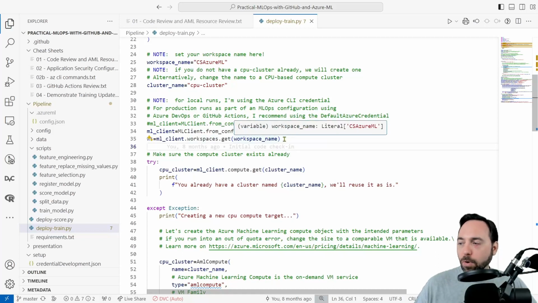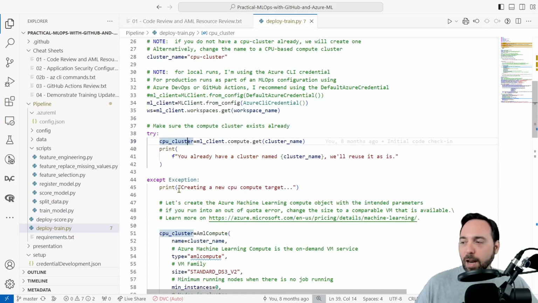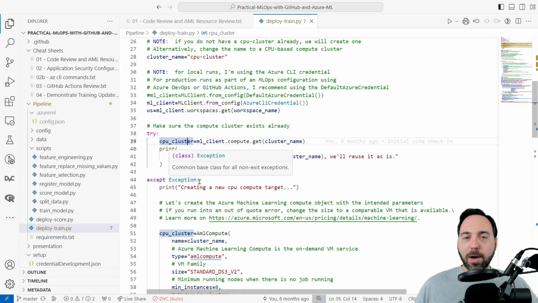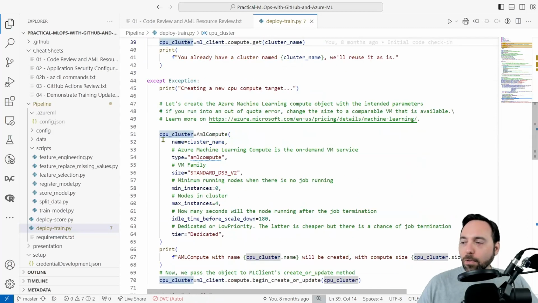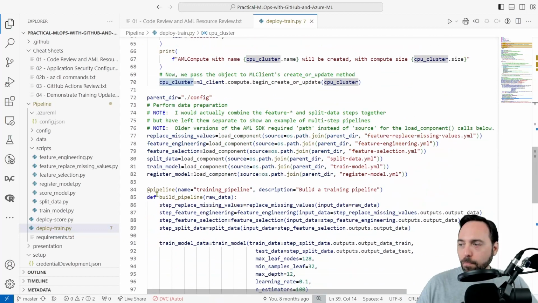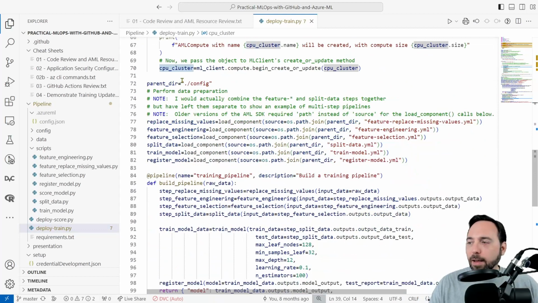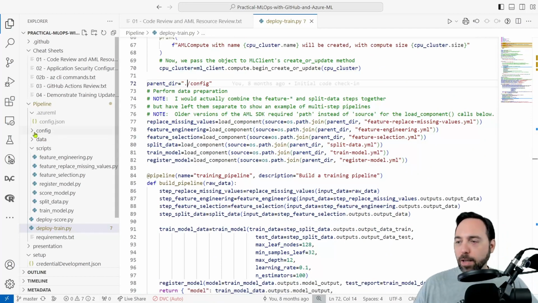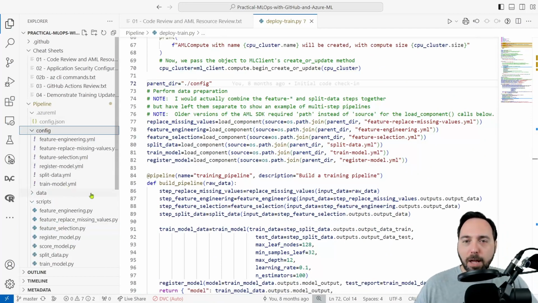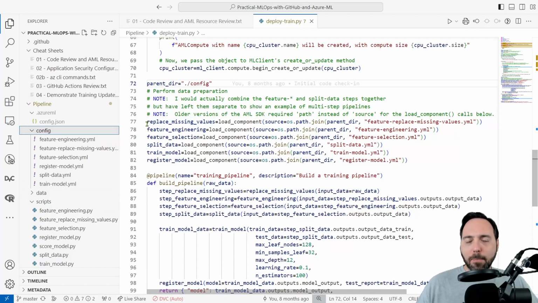We're going to load the workspace and then make sure that I have a compute cluster, so that I have some machines that I can train on. If I don't, I will create a compute cluster so that I can use it. Then inside of this config directory, I have a series of YAML files. Those YAML files describe how I'm going to work with my code, each step along the way in a pipeline